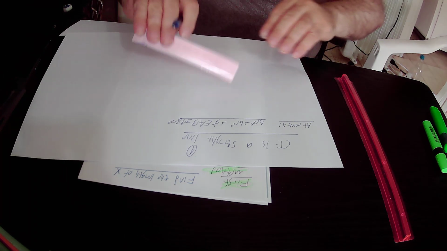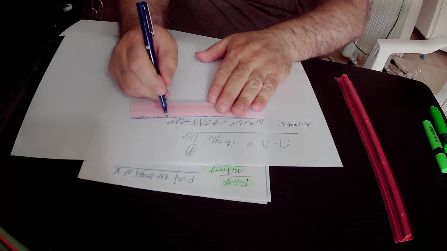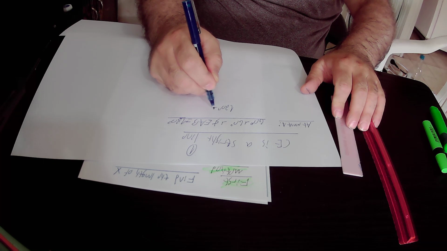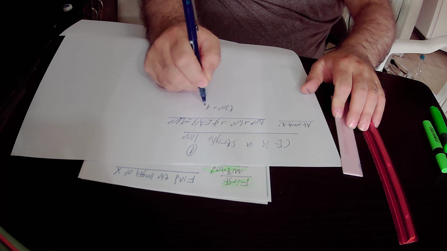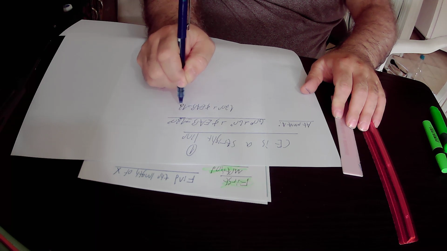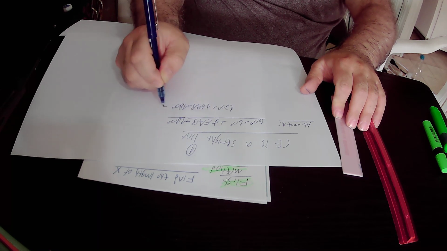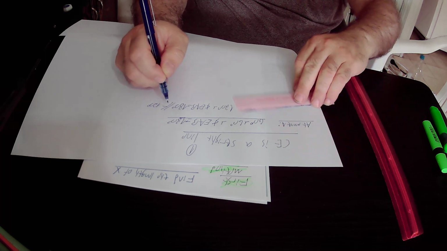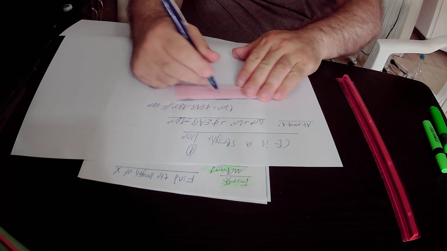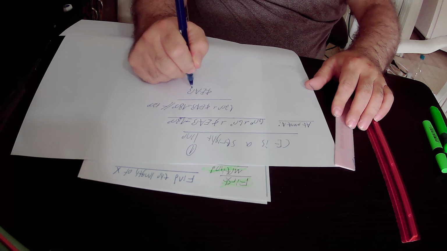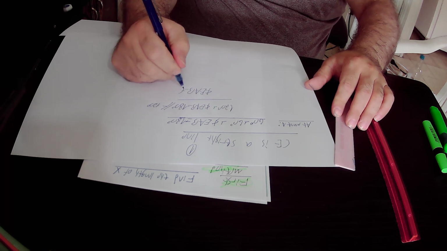Okay, 60 degrees plus 60 degrees is 120 degrees, so 120 degrees plus angle EAB must be equal to 180 degrees. We subtract 120 degrees from this equation, and we get that the missing angle, angle EAB,